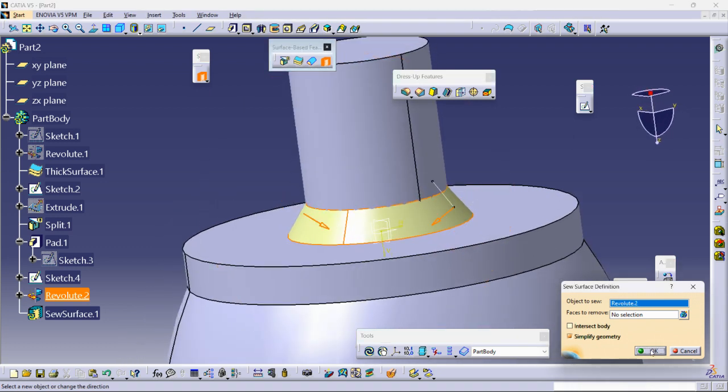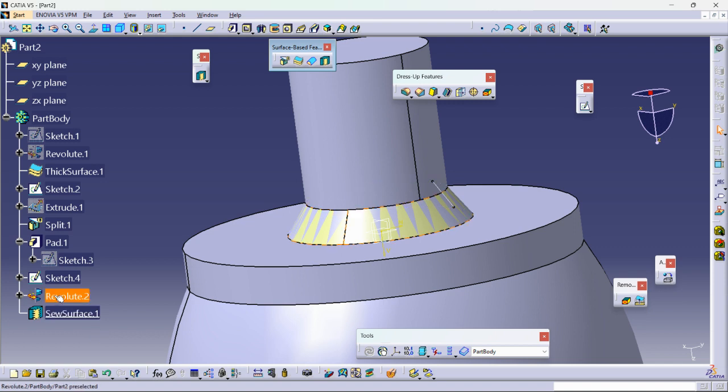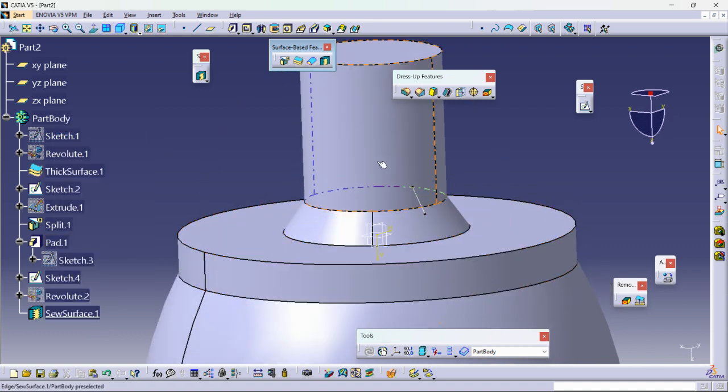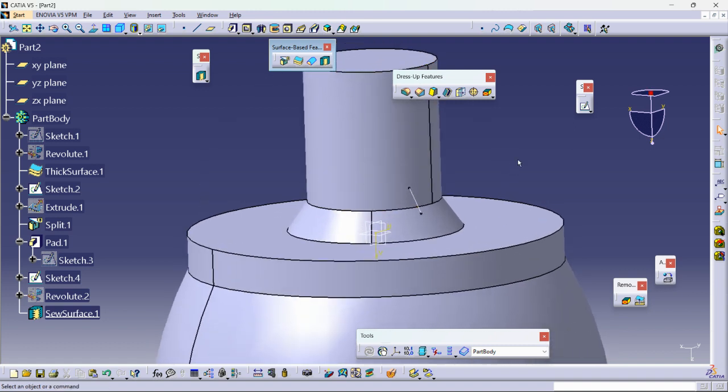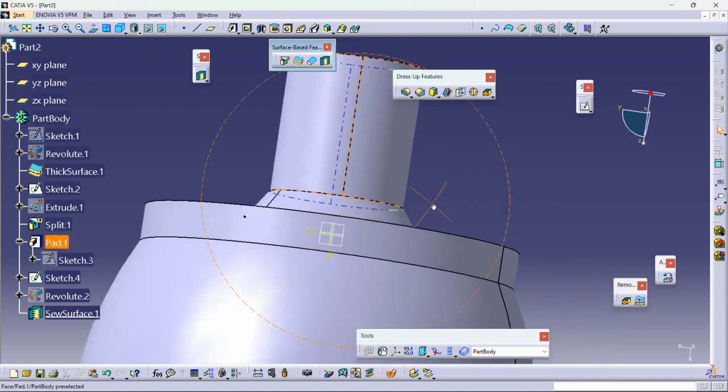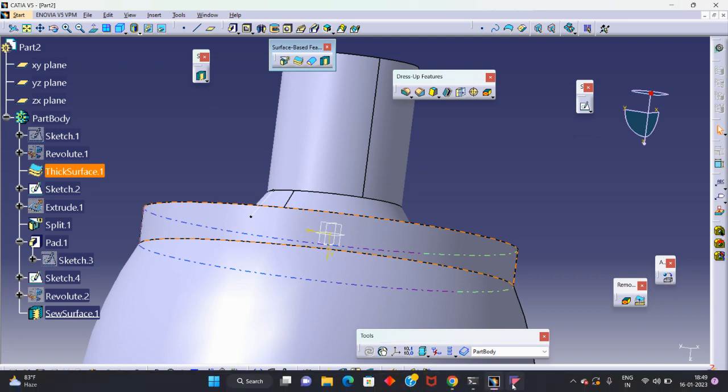And if there are any faces to remove, I can do that, but here there is no need. I'm giving OK. You see, hide the revolve to see that it is connecting the two surfaces, I mean two solids. This is surface-based features. We should just go through all the videos and make sure that the solid geometry